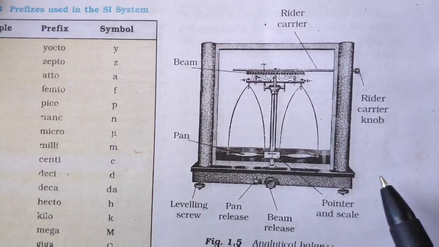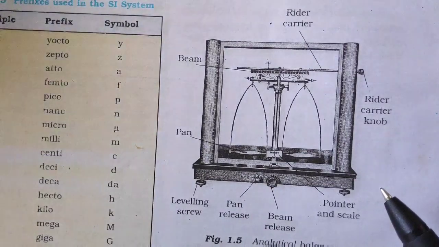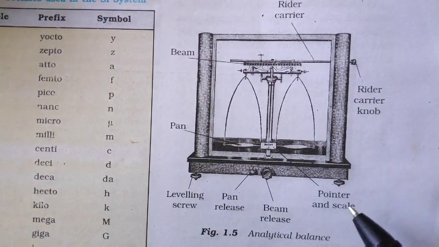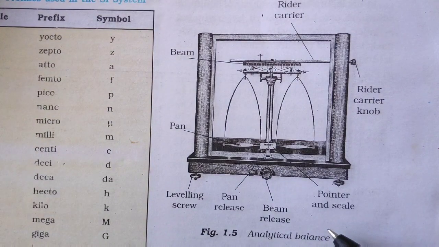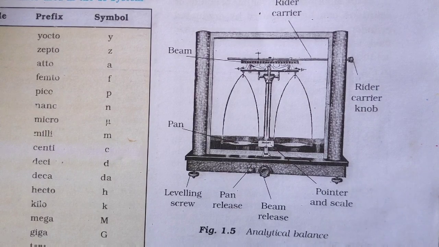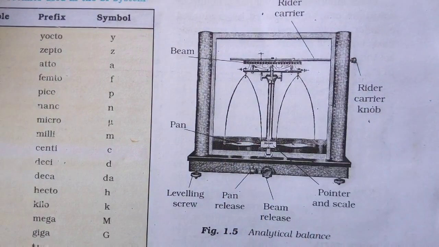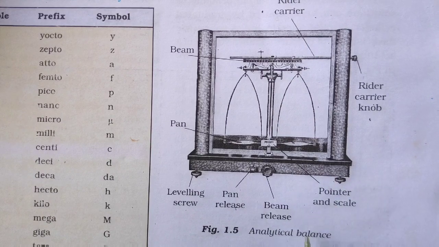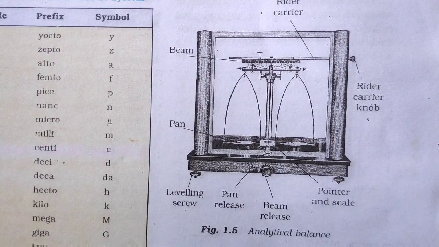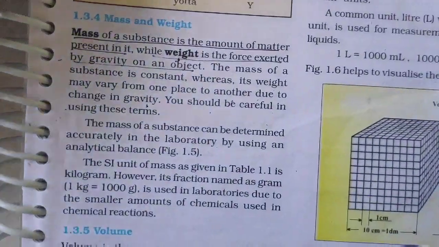This is the most authentic and accurate way of measuring weight, right? Micro, when we do analysis, at that time this is the weighing scale which is used, analytical balance. In physics lab, you will be seeing physical balance, right? But this one gives more authentic and more accurate results. This is analytical balance, okay? You can see the pan is there, beam, rider for correction is there, rider carrier is there, then pan release, leveling screw for balancing it, and all these things you will be going through in your physics lab also.